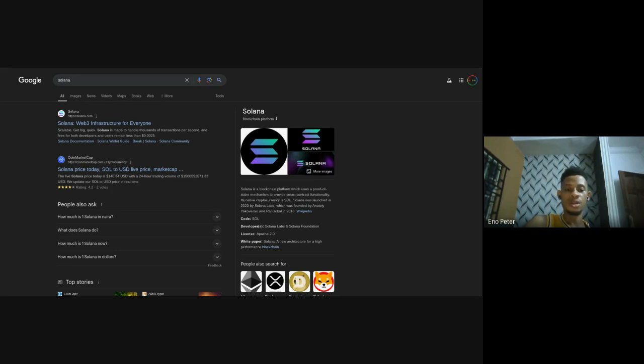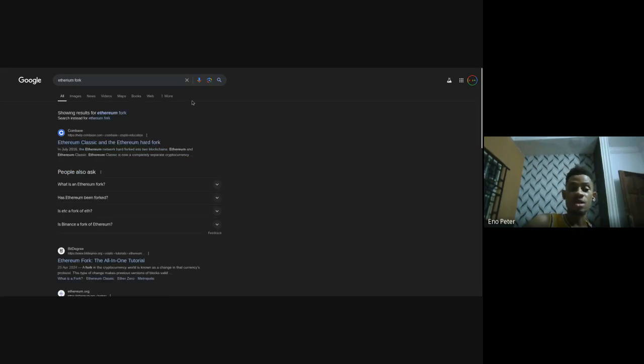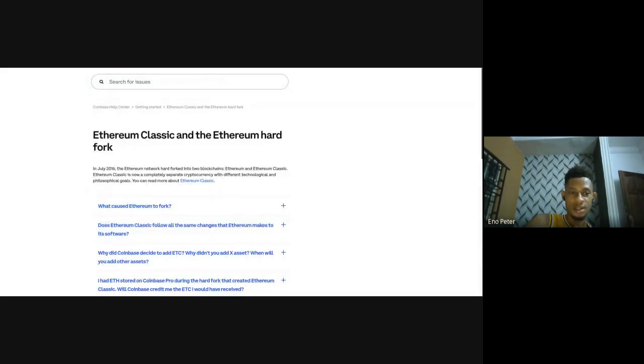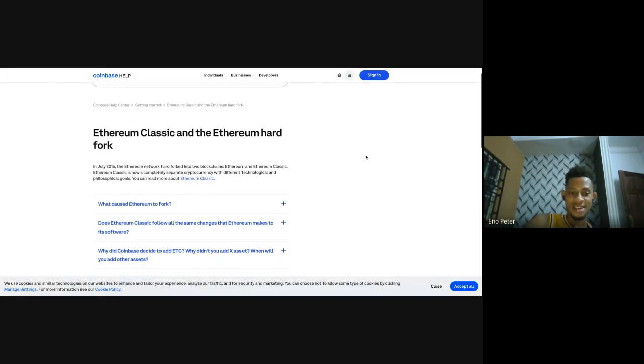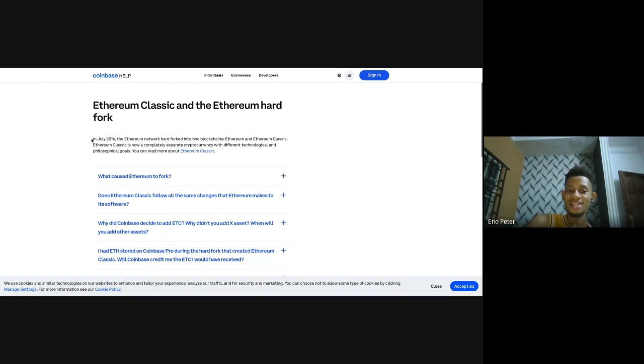I don't know if you all remember, there was a time the Ethereum network had a hard fork. What that means is that back in the day, in July 2016, the Ethereum network hard forked into two blockchains, Ethereum and Ethereum Classic. Ethereum Classic is now a completely separate cryptocurrency with different technological and philosophical